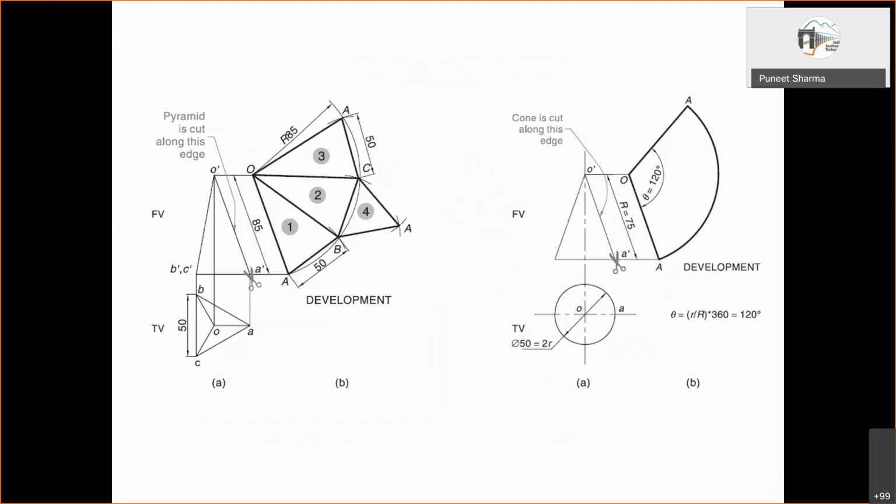This is again the same thing represented on the drawing. It's an additional slide, a bit more as per the actual dimensions and drawing. So for reference, I included this. Okay, it's for one triangular pyramid and for a cone, the development.